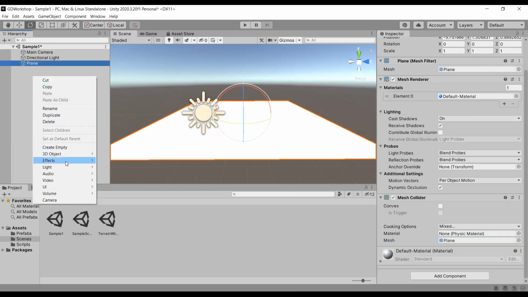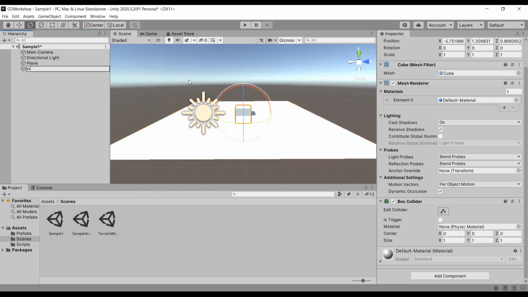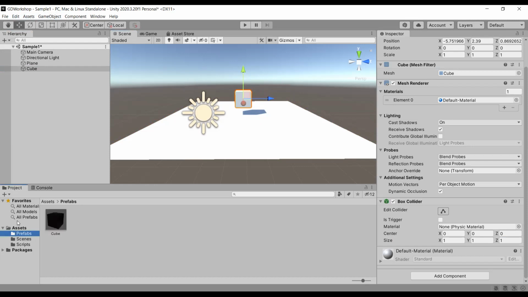Then I'll create one cube. Why not? I'll create one cube. Scale it right. Over here now you see we have certain objects which have certain meshes rendered onto them. But some of you might have noticed, these objects don't have a texture or a material. What they're showing right now is the default material, as highlighted in the bottom right where I'm hovering my cursor.